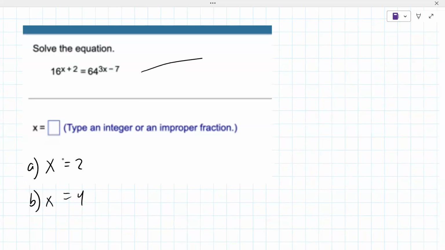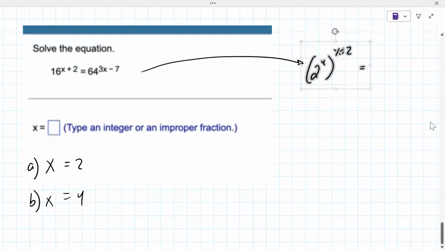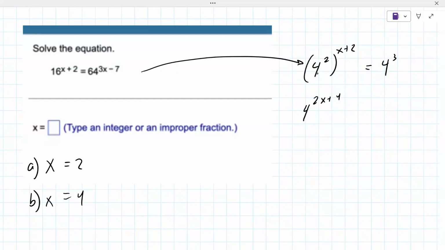Okay. Now I'm gonna do it by hand just because it's faster for me to do it this way. But it ends up being 2 to the 4th times x plus 2 equals... actually we can use 4 in this problem. Let me do that. Sorry. This will be slightly better. All right, 4 squared to the x plus 2. So this becomes 4 to the 2x plus 4 power, and then 4 third, 3x minus 7, 4 to the 9x minus 21. Okay,